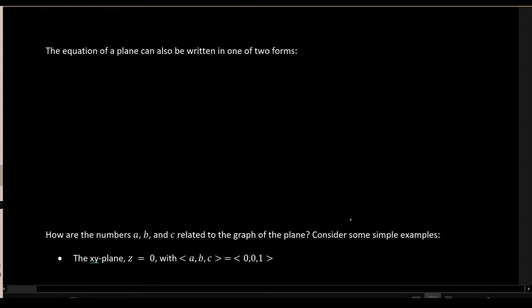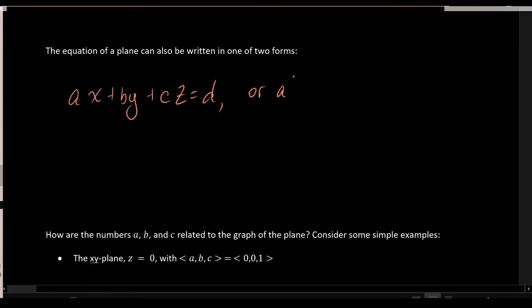Now the equation of an arbitrary line in two-dimensional space could be expressed in one of two forms, and the equation of a plane in three-dimensional space can likewise be expressed in a very similar format. It's just that because we're in three-dimensional space, we have a coordinate called z, and so we're going to include a z in our formula. So we can either write a number times x plus a number times y plus a number times z equals a number,